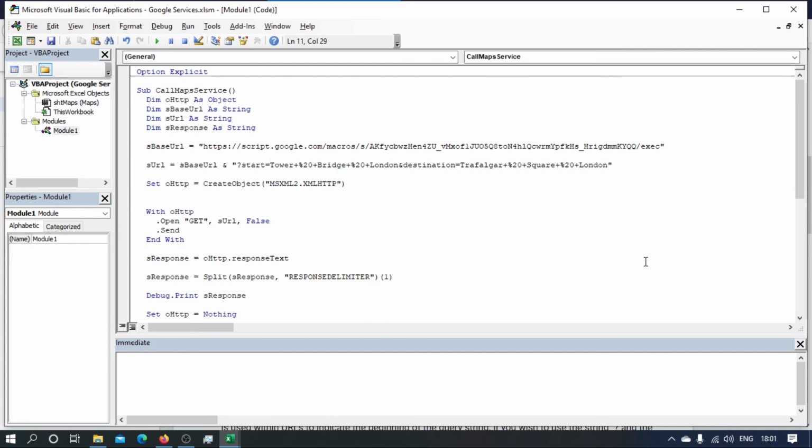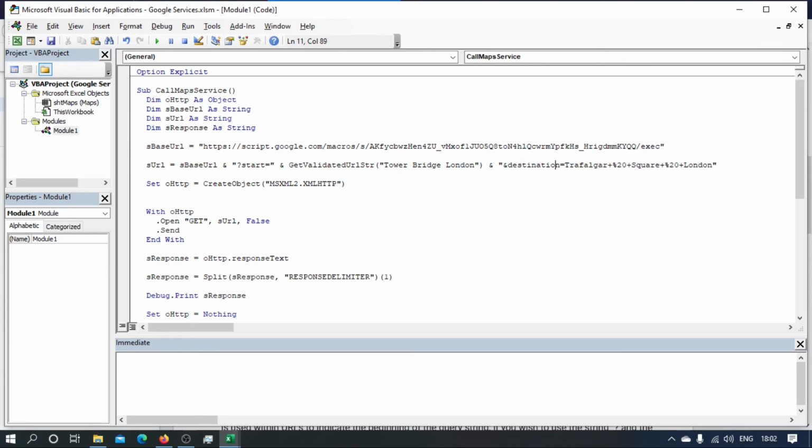So start equals GetValidatedURLString of Tower Bridge London,